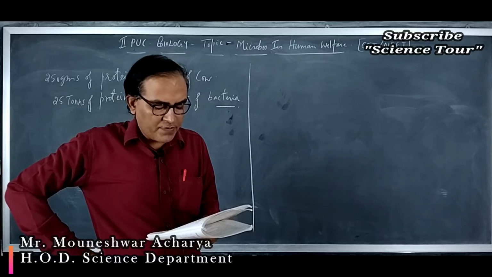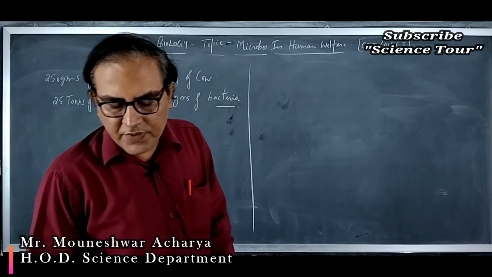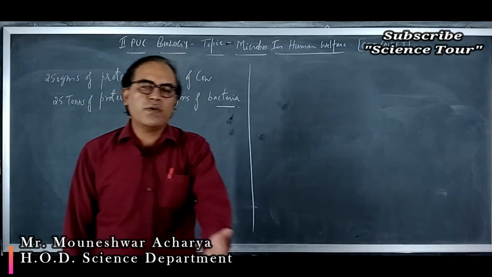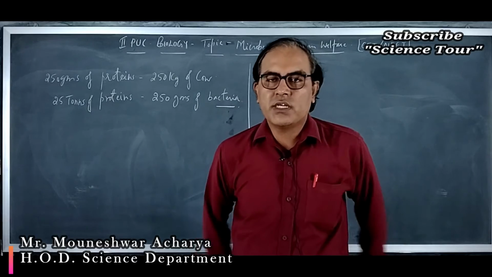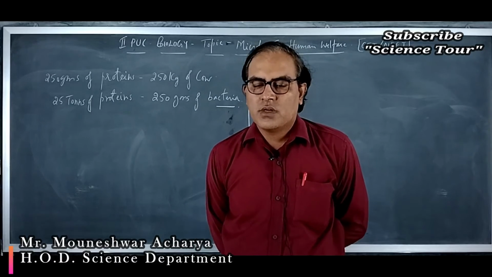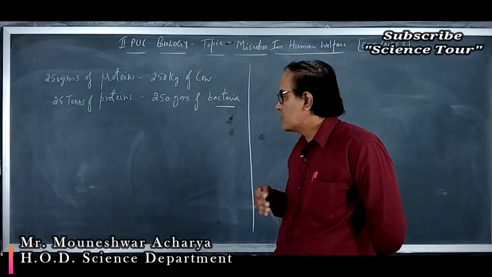It may be from sugar factory, okay, domestic sewage, okay, dairy industry, okay. All this sewage, if it is let to flow into the drinking water sources, then the water gets polluted. Okay, so because all these industries also